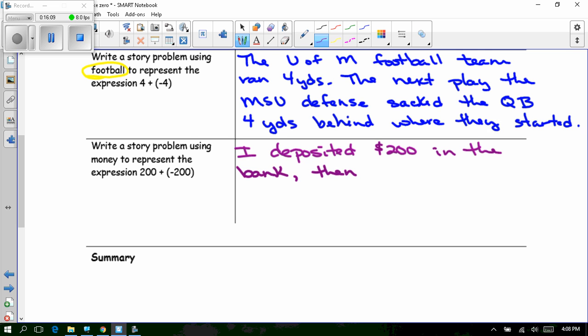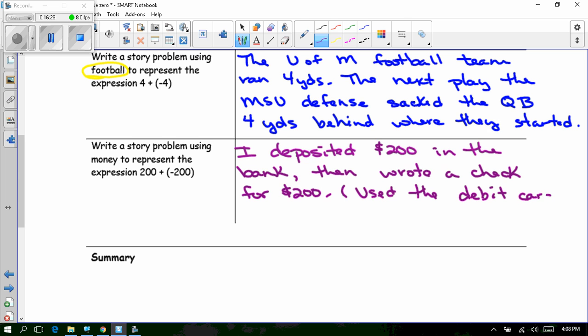Then wrote a check for $200. Or you could say use the debit card, right? You could say used the debit card instead of writing a check if you wanted to say that, right? So you had deposited, that's positive money, right? And then when you write a check or you use a debit, that actually, seriously, does mean negative money. You're losing money. All right, so give page 12 a try when you come into class,